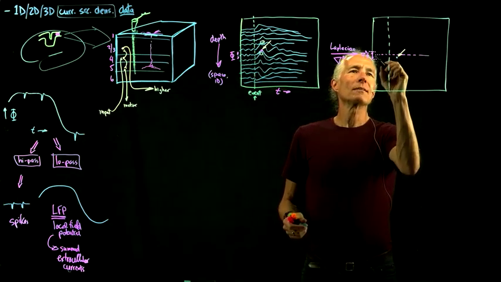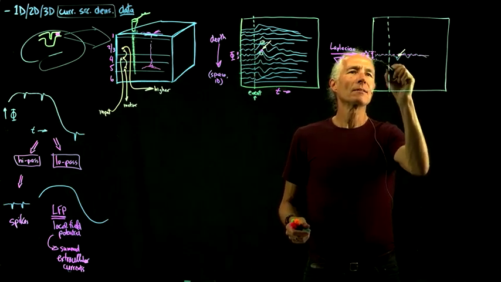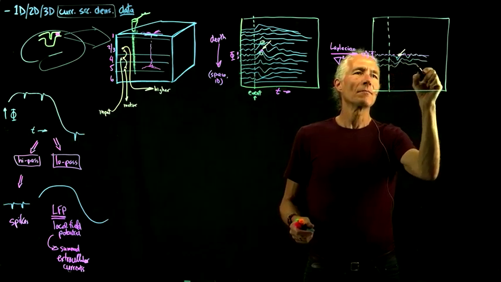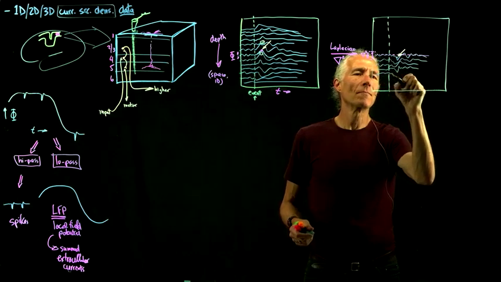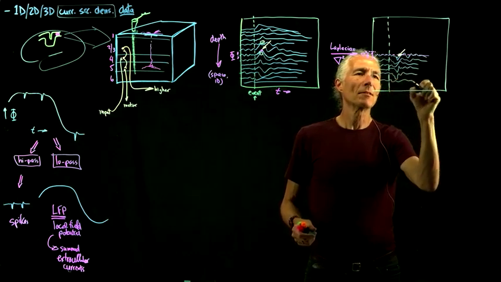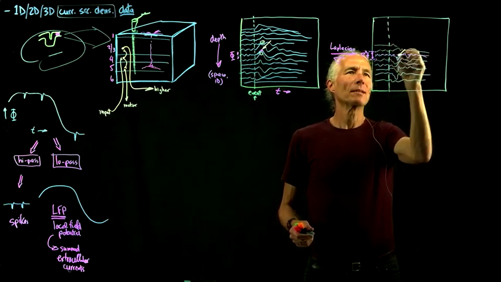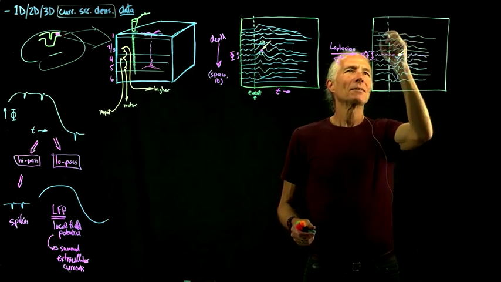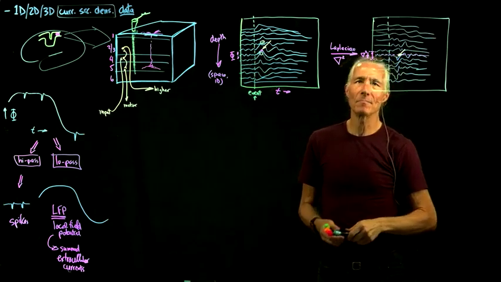And so if you do the current source density calculation, then you'll just end up with another whole set of current source density numbers like this. And they'll look different than the voltages. And in fact, they'll change even more rapidly with layers than the voltages do. I'm not drawing it accurately, but if you look at some of the papers and the readings, you can see what this looks like. And what these represent is basically,